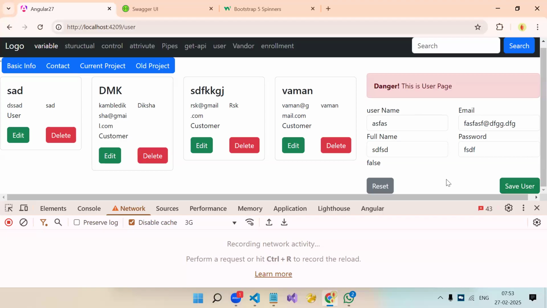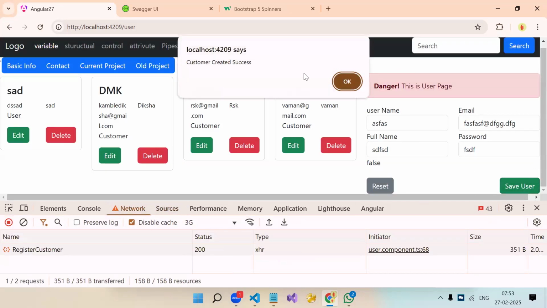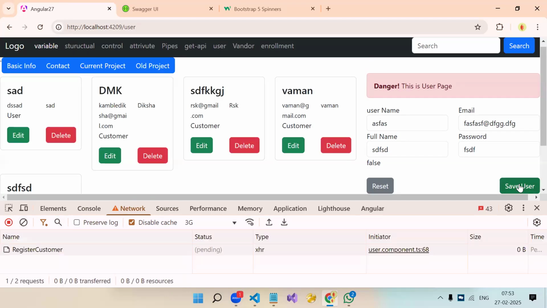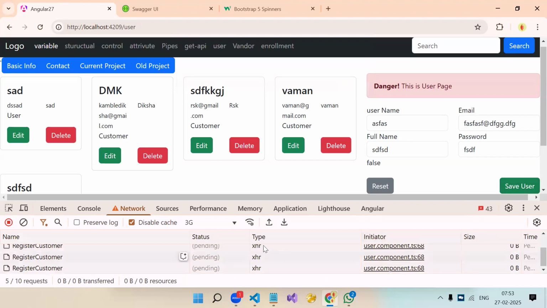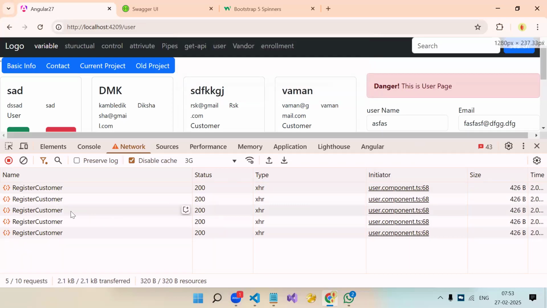Now, the user filled the data. We have this save user button. I clicked it. See, one more time, I clicked it. The API call is in progress. Again, I clicked it. Sometimes it might happen that once you click, the API might take some time. But if we don't show the user that something is happening, he might click 2-3 times. So see, multiple APIs are going. Is it correct? No, the previous has to be cancelled. Unnecessary duplicate API calls are there.